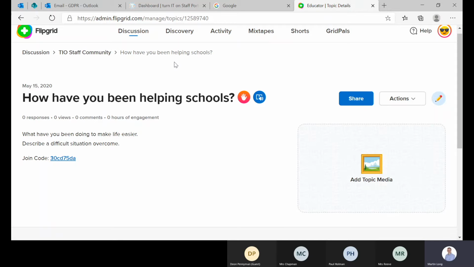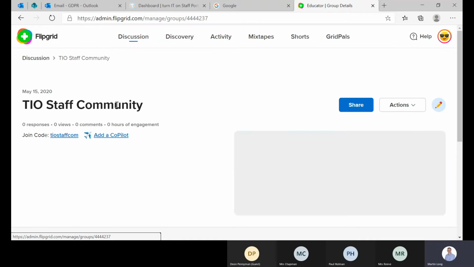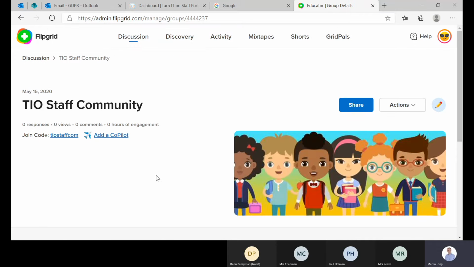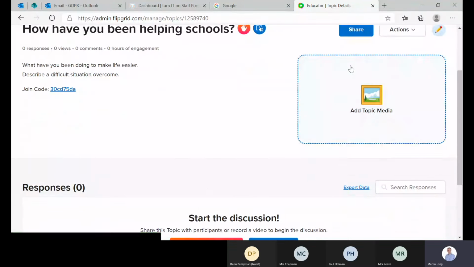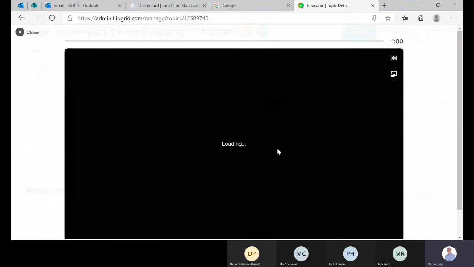So what does that look like from a recording point of view? Let me just try and go across and show you one of those. So if I went into there, and my action might be to record a response, up it comes, and it'll probably now show you a video of what's going on. It should do, as long as it loads my video camera. I'm going to allow access to my camera.